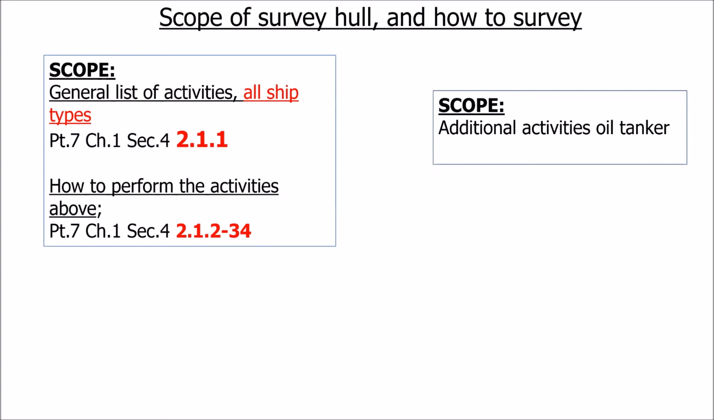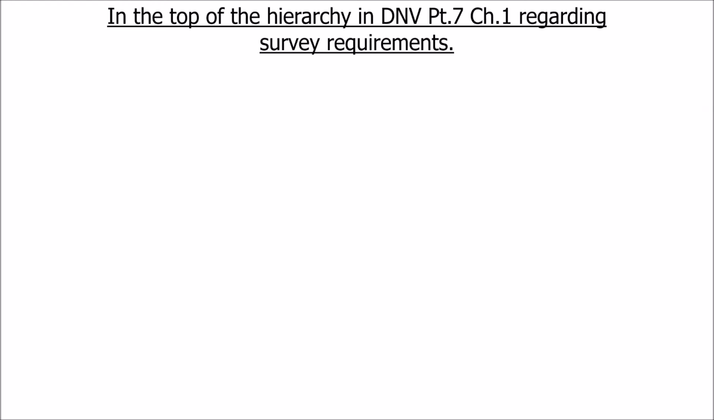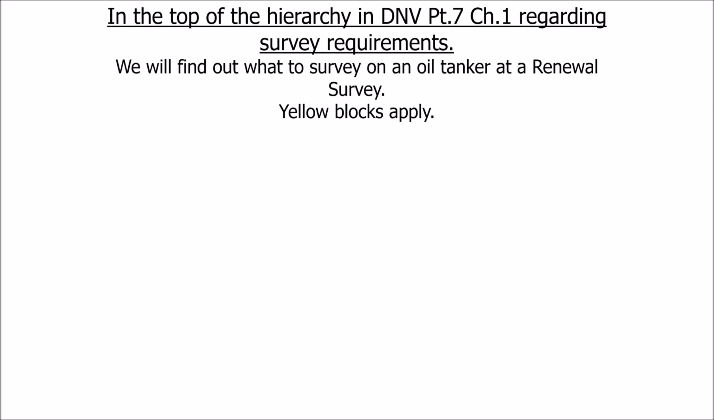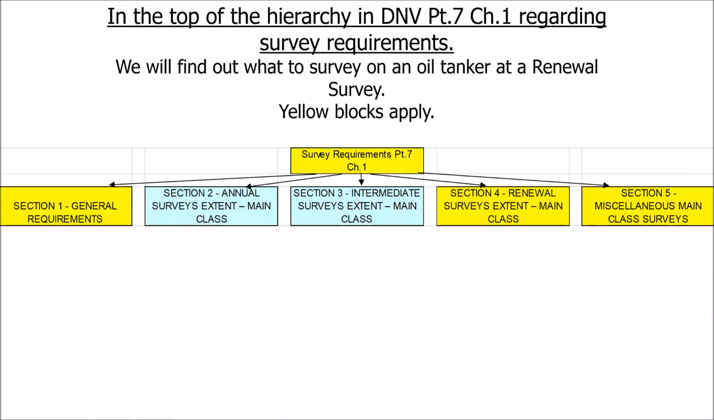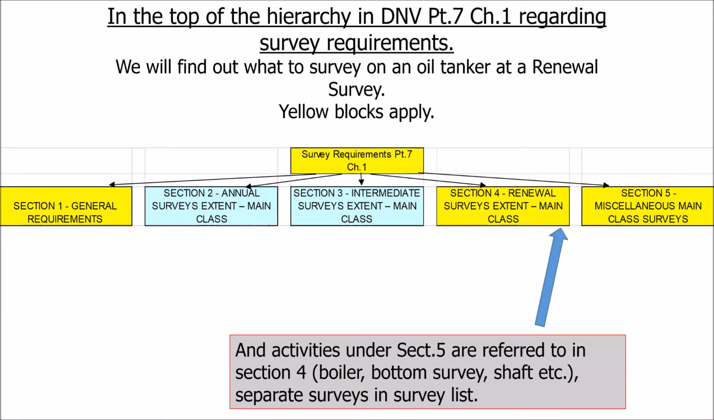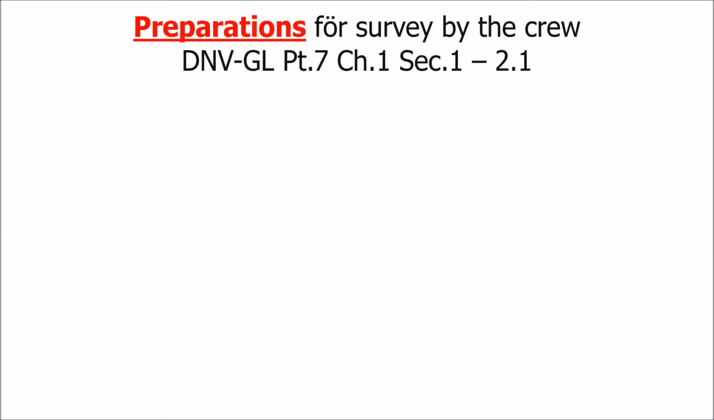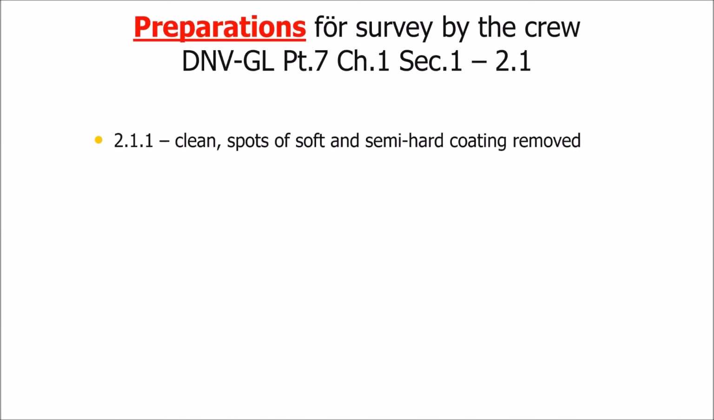And we have also additional scope here for a tanker. We're going to find out what to survey on an oil tanker at the renewal survey. Yellow box here, reply. We have the general requirements again, and activities under section 5 as well. In addition to this, the boiler bottom survey, shaft survey, 211, description about this: clean spots of soft and semi-hard